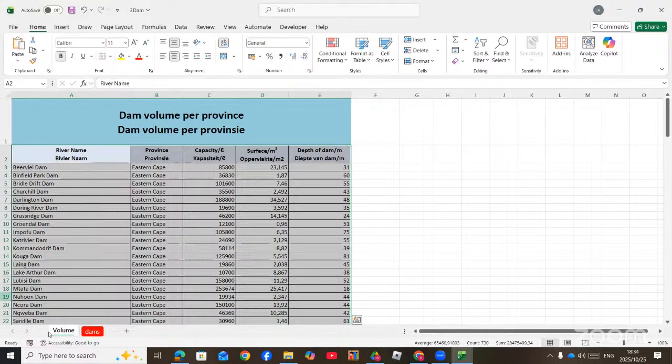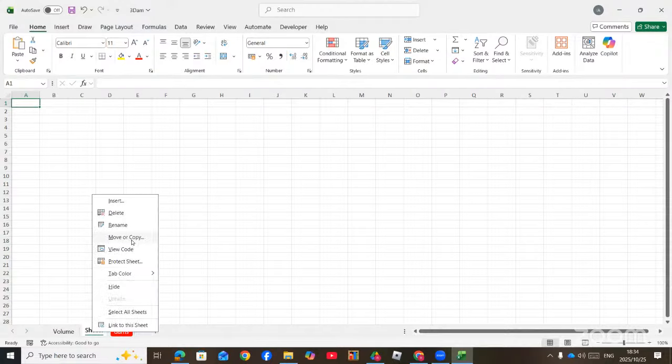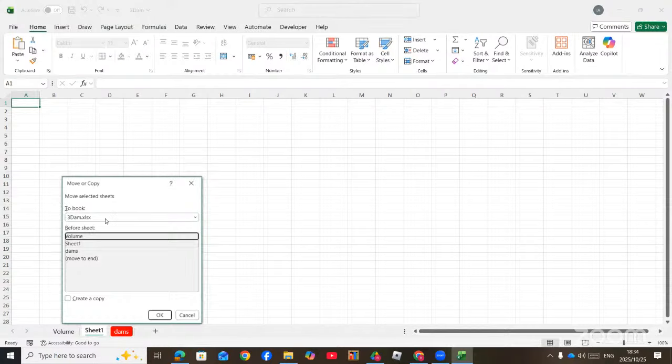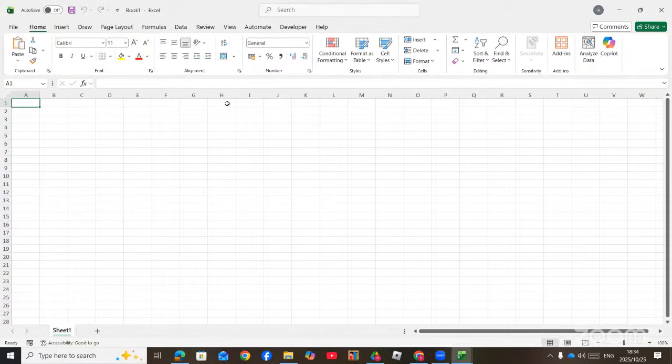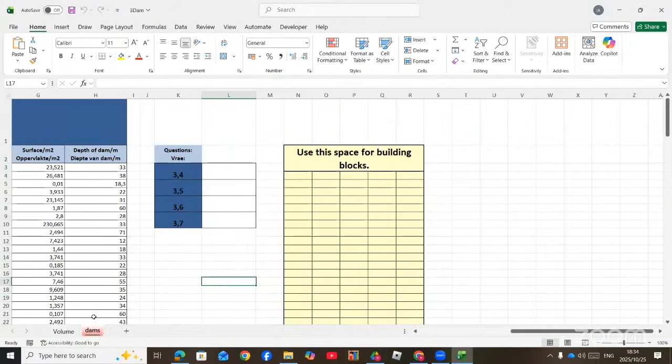Now, again, like this worksheet, I can also move it to a new workbook. Let's say I have sheet 1, and then I want to move this one to a new workbook. You right click and then you see move or copy. And then to workbook, you choose new workbook. Then OK. So that it's going to create its own workbook, which you can be given a question to also save it with a new name. So that's how we move one worksheet